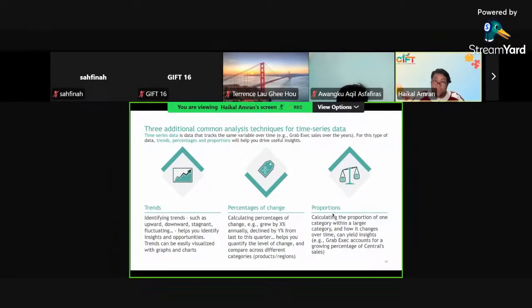So what I was saying is, for example, your first analysis is to analyze the overall performance of Grab as a company, right? Your first analysis would be: from 2022 to 2024, Grab's overall performance has seen an increase in sales of as much as 24%.